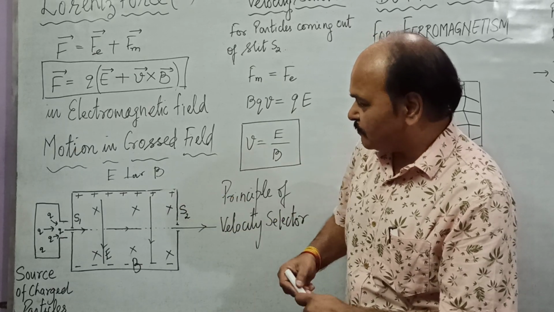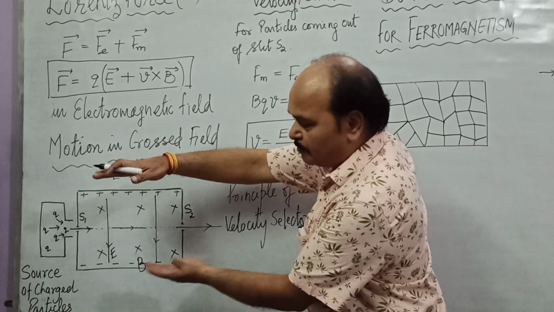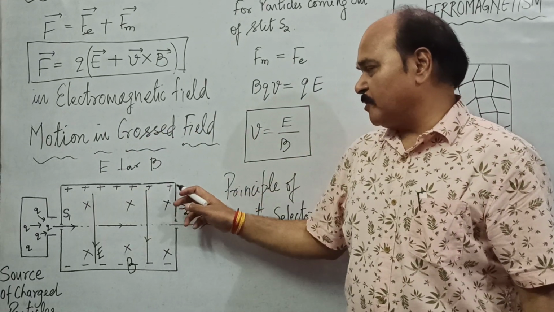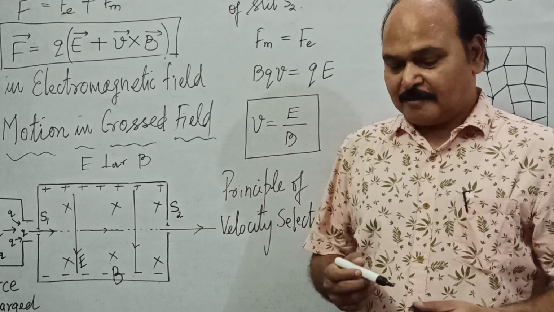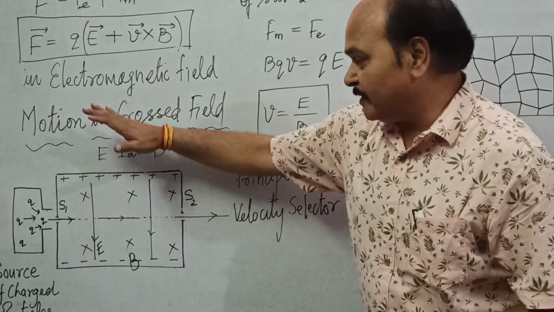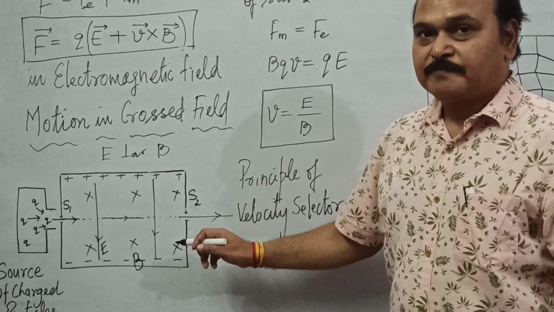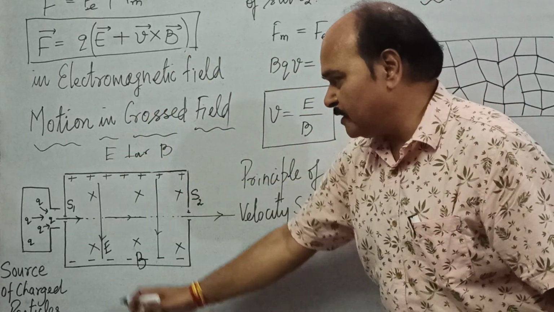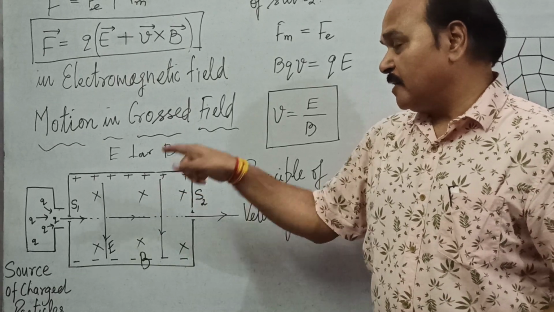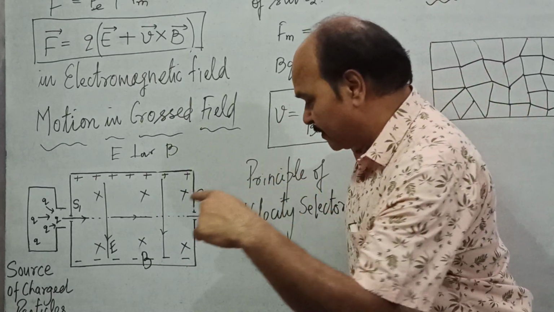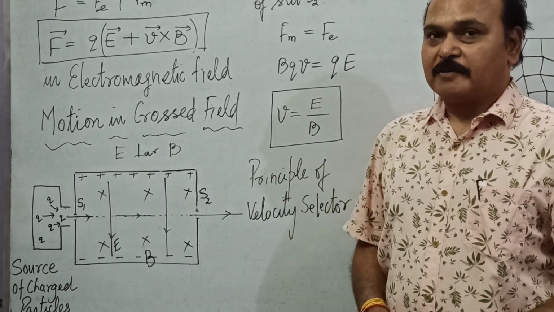This is the diagram for the cross field. These are two horizontal plates. The upper plate is connected with the positive terminal of the battery. The lower plate is connected with the negative terminal of the battery. That way, an electric field is set up, and that electric field is vertically downward. If the plates are horizontal, the electric field is in the vertically downward direction. And right here in the space we have a magnetic field, and the magnetic field is perpendicular, inward into the plane of the board. Cross is the magnetic field.